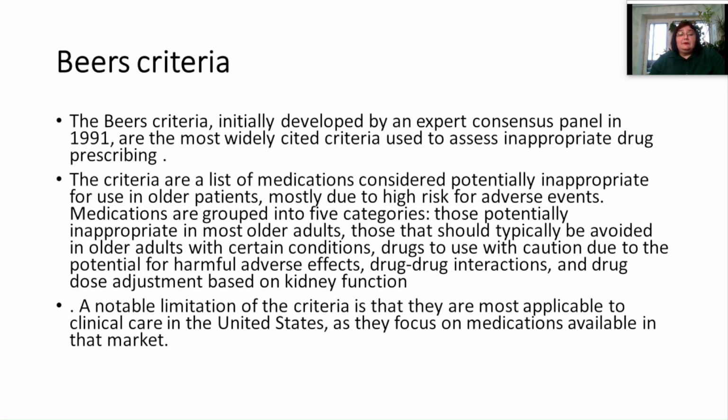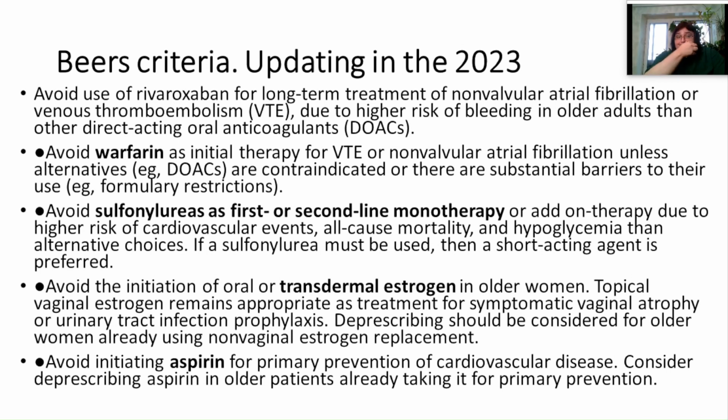A limitation of the criteria is that they are most applicable to clinical care in the United States, as they focus on medications available in that market. These criteria were updated in